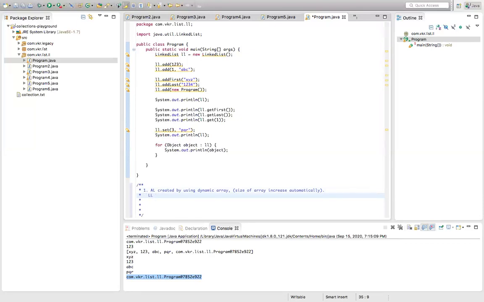Linked list is created by using a double linked list. Double linked list is already there in the collection API. Internally, while they implemented the linked list, they implemented it by using the double linked list. Now, how is linked list working? If you go to the linked list,